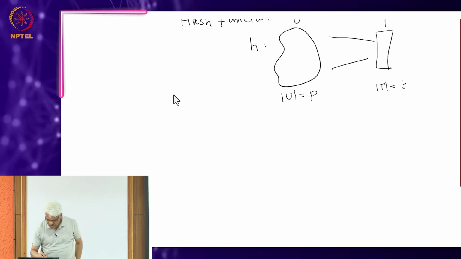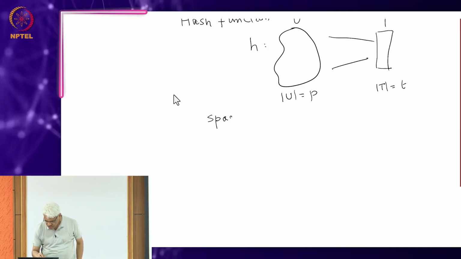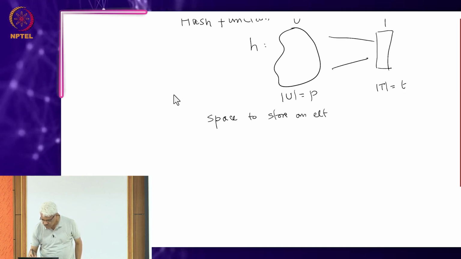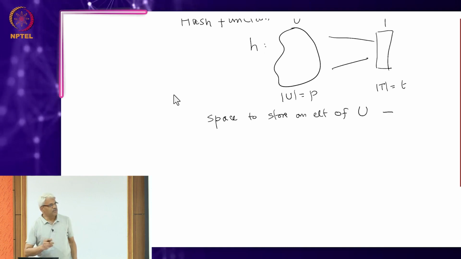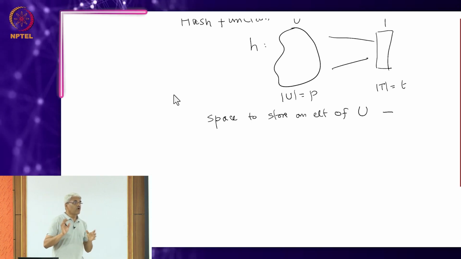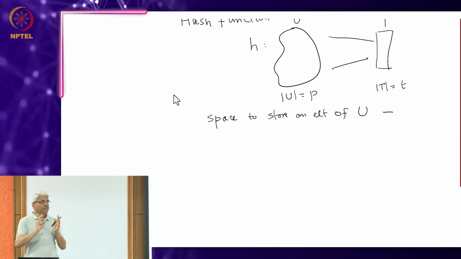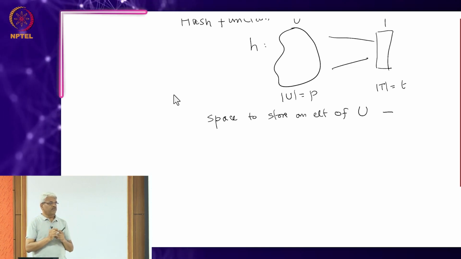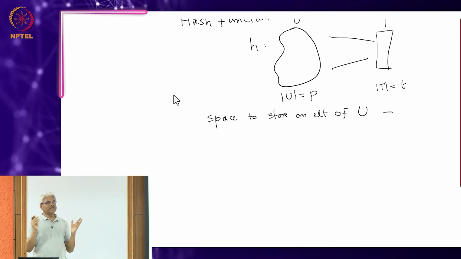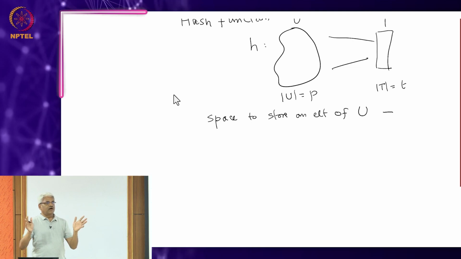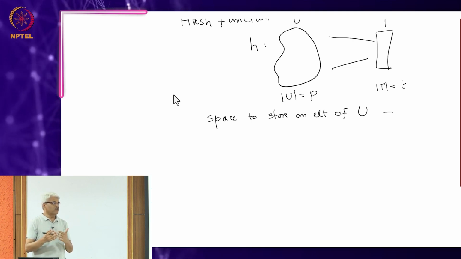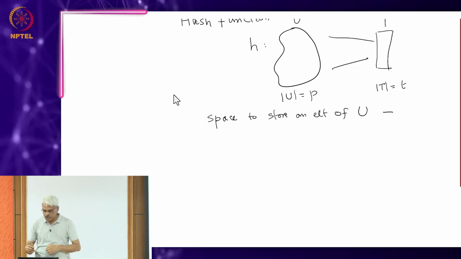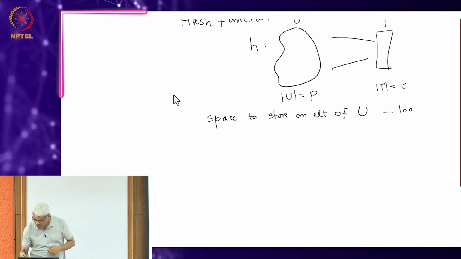Can somebody tell me how many bits do I need to store it? Log P, okay. Log P bits, because P is the size of the universe. So, for example, if I want to represent a number between 0 and 1024, how many bits do I need? 10 bits, right. So, it is log of that size. So, to store an element of U, I need log P bits,